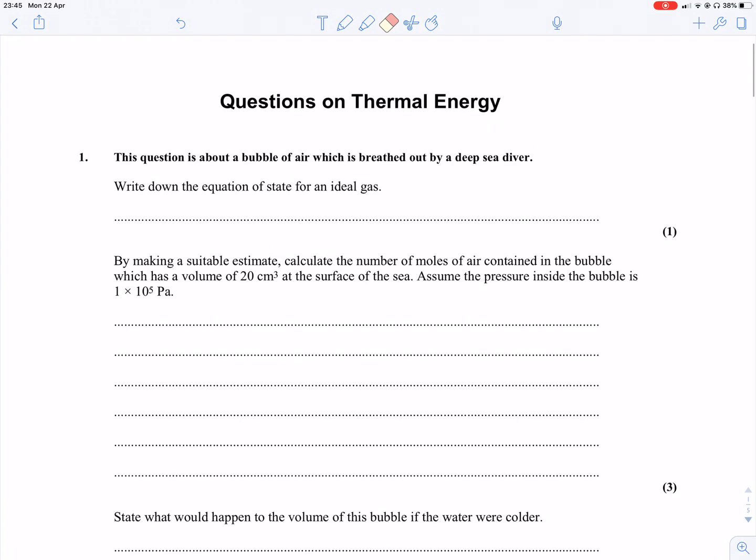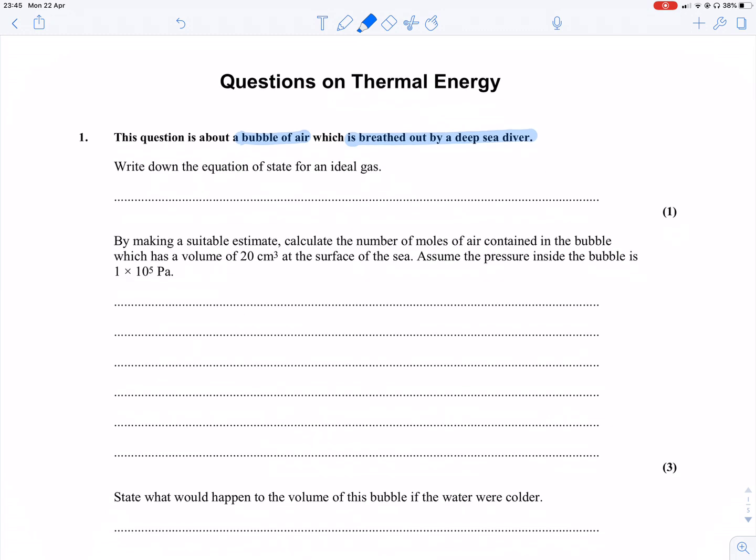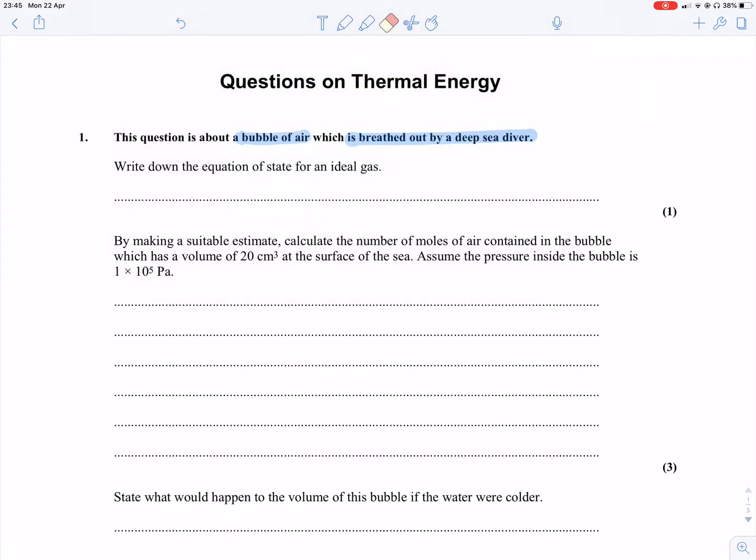This question is as follows. It's about a bubble of air which is breathed out by a deep sea diver. So first of all, write down the equation of an ideal gas. And the equation for the ideal gas is the following. PV equals nRT, or PV equals